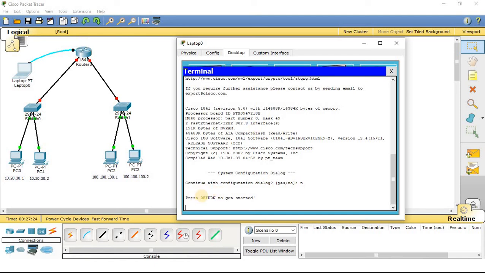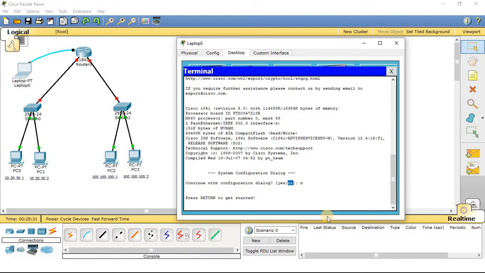So starting with that, continue with configuration dialog box. So first you have to write no. It is already written as no. The setup will ask you whether you would like to continue with the default configuration dialog. So in that case you have to write no. You can also write yes, but in that case there will be a lot of steps that we have to follow, because while you will be configuring the router in the default way, one by one many interfaces will appear, and you have to configure them one by one. So that will take a lot of time.